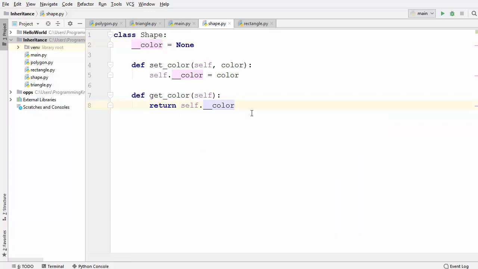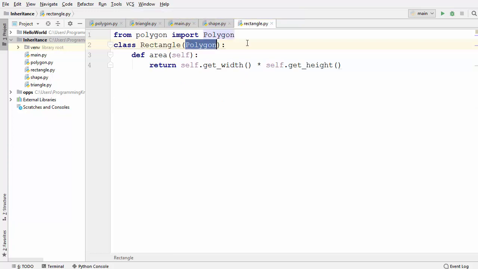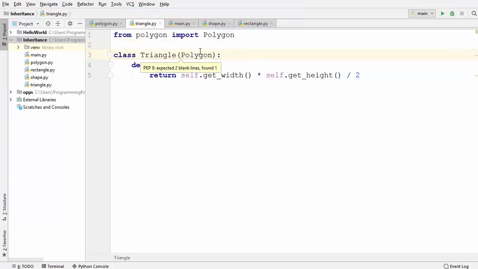Now if you remember what I told you about inheritance, whenever you want to do inheritance between a superclass and a subclass, there is an is-a relationship between the subclass and the superclass. So rectangle is a shape and triangle is also a shape. That means we can also use this shape class as a superclass in the rectangle and triangle classes.